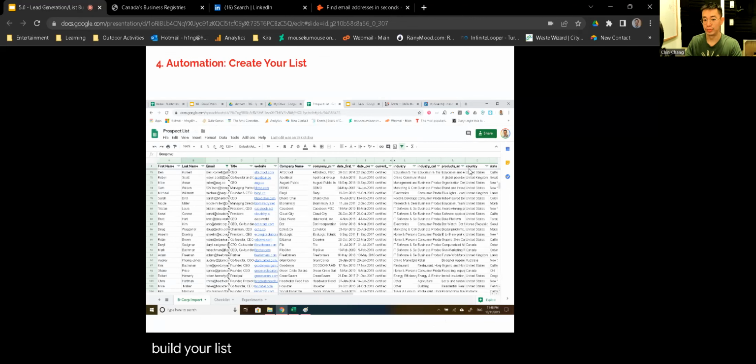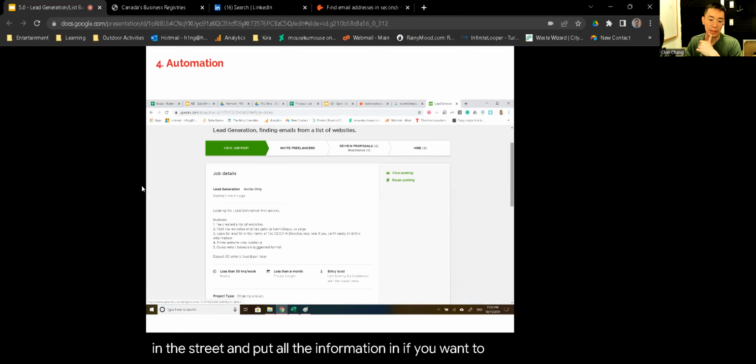And then you build your list. So this is an example of what a list will look like, right? You'll have the person's first name, last name, email, maybe a title, the website, the company name. Those are generally the main categories. The rest are all dependent on how you want to track your data, how you want to segment your list, and also how you do your mail merge. So if you don't care about company size, then don't bother putting it into your sheet, because any extra data point is just more work to input, right? But if you care about the company size, the region, the industry, then put all of the information in if you want to. But now you've started to build your list.